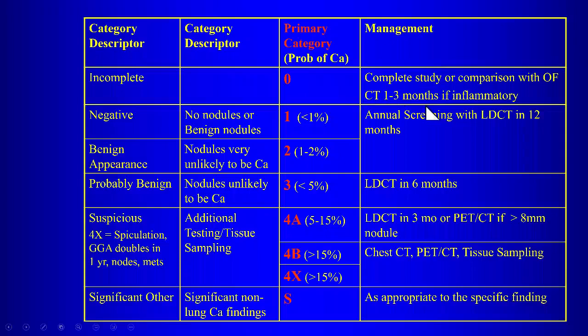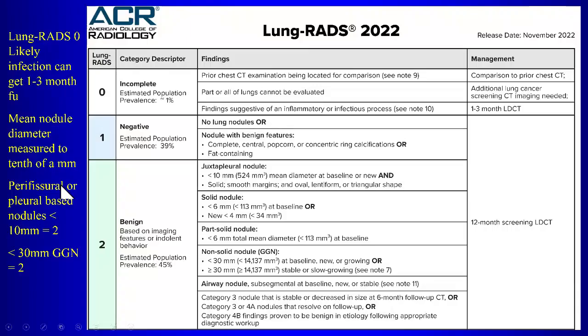But another interesting application is sometimes you'll find lesions that really look inflammatory. And so you think, well, this really looks like an inflammatory lesion. You know, if we bring the patient back in 1 to 3 months, maybe it'll go away. And if it goes away, that of course changes the management for that patient. So for that particular scenario, you can also use the score of 0 in your lung cancer screening score. So that's likely infection. That's a score of 0.